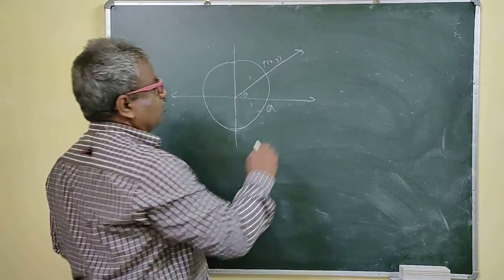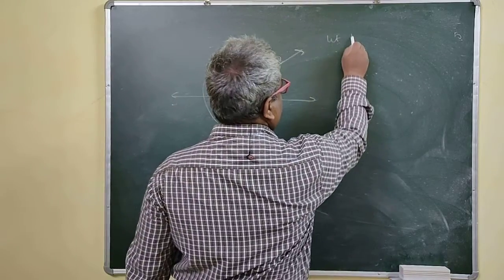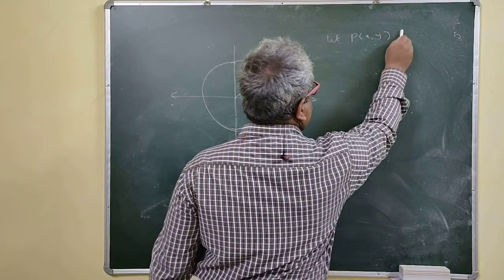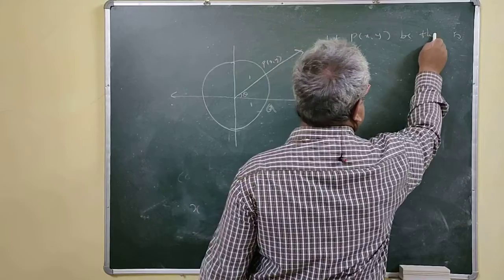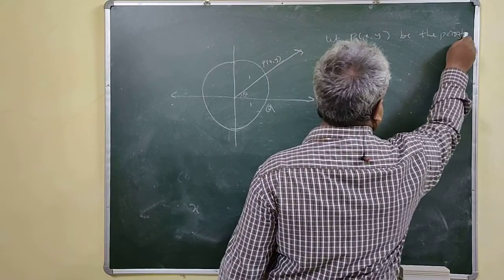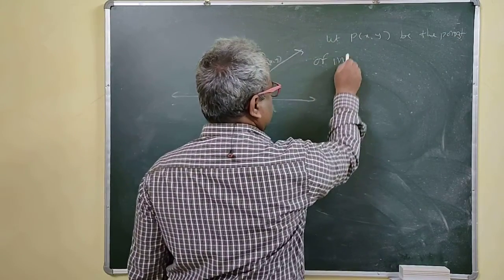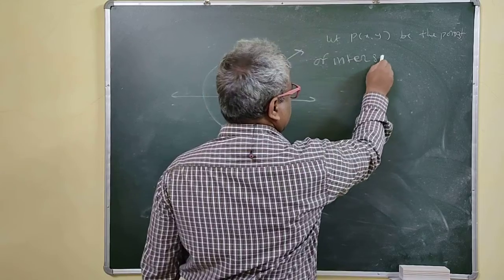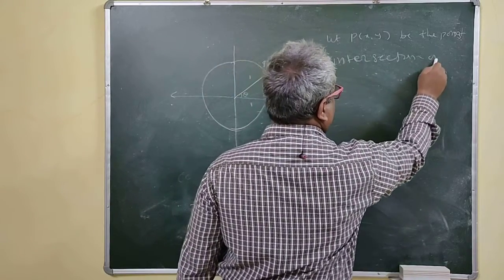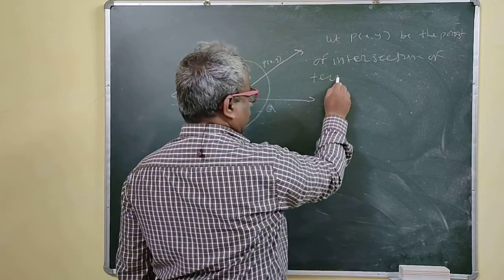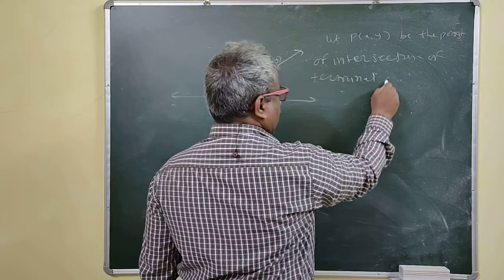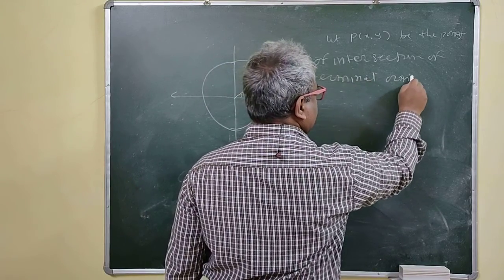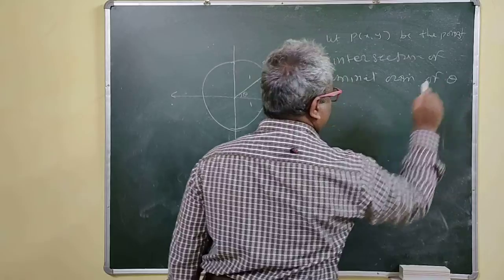Okay, so let P(x, y) be the point of intersection of the terminal arm of theta